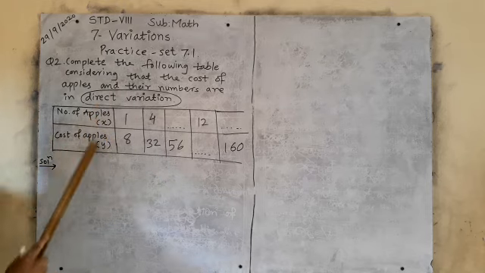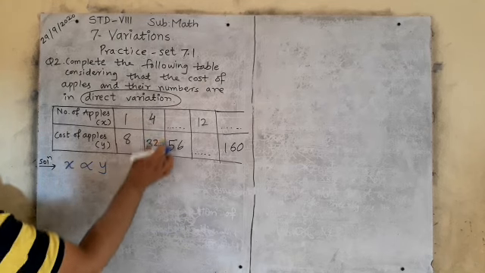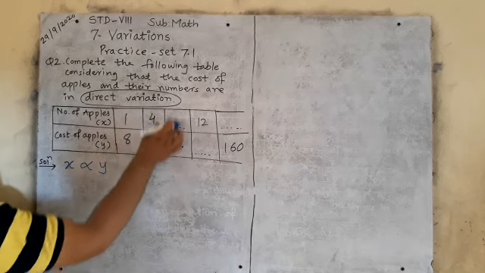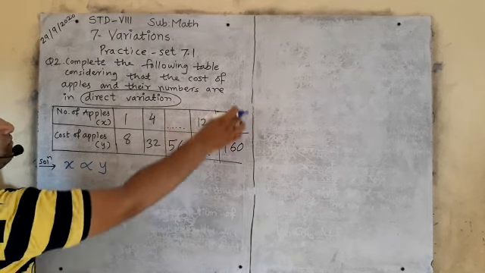Now these are the first column, second column, third column, fourth column, fifth column. So we have to find here the third, fourth and fifth. But the first is given, so first we will use these two values to find the value of K.